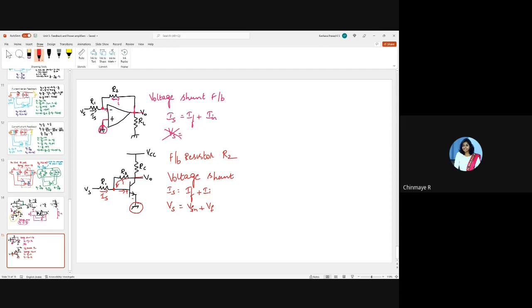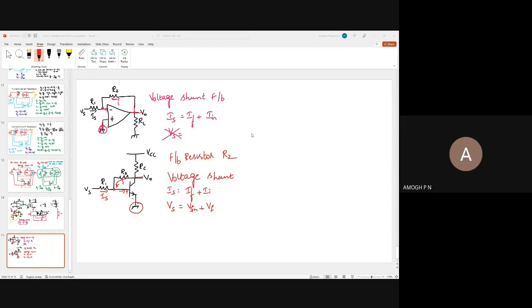Can you help us draw a block diagram for the circuit? Yes, definitely we can do that. But then I want you to try this out yourself. Okay, try this out yourself. We'll anyway do it when we are solving problems, so you can check your answers there. Chinmaya, is that fine? Yeah. So now we'll go for the next circuit.